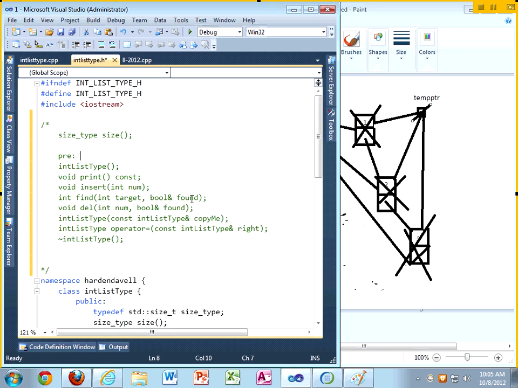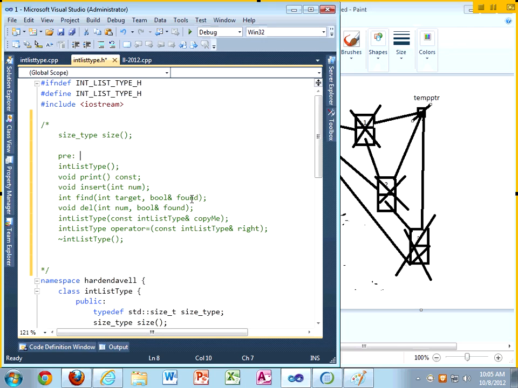That's fine, yeah. That's kind of a conceptual question. Is it true that you write fewer preconditions if you're writing object-oriented code, because the class itself takes care of the preconditions for you? I'm sorry, start over? Is it true that you write fewer preconditions if you are writing object-oriented code because the class takes care of the preconditions for you? I think what you're saying is that I can guarantee that any object of type int list type